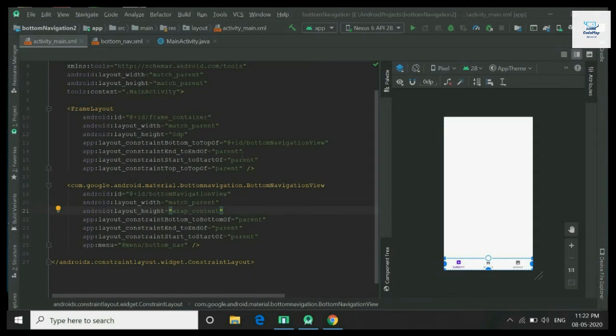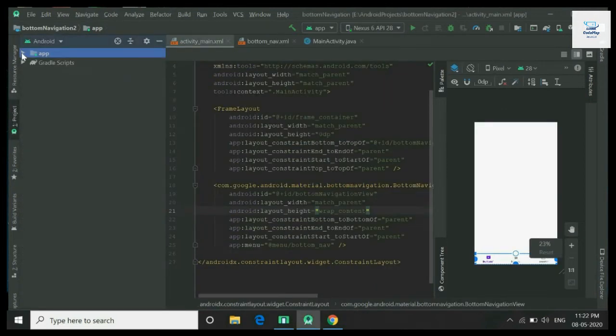Now we will create 3 fragments which we will switch when the bottom navigation items are clicked. So we will create 3 fragments.